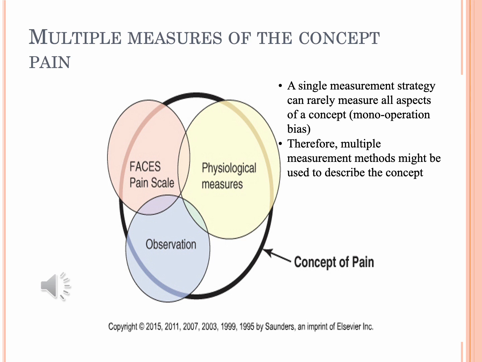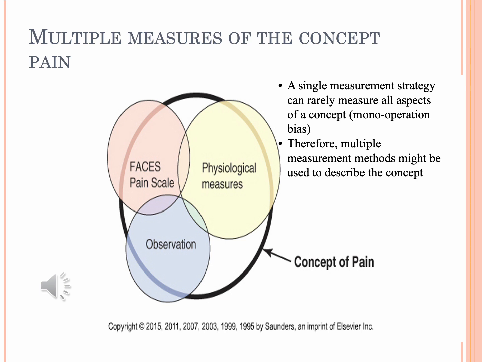If you only use one measurement, for example, you only use the FACES scale, you will see that you will not really fill this circle, which in this case demonstrates the concept of pain. So the more measurements you use, the more likely you are to accurately measure the concept of pain. This is why multiple measurement methods are sometimes used to describe a concept. And the more methods that we use, the more accurately we may measure the concept that we wish to measure